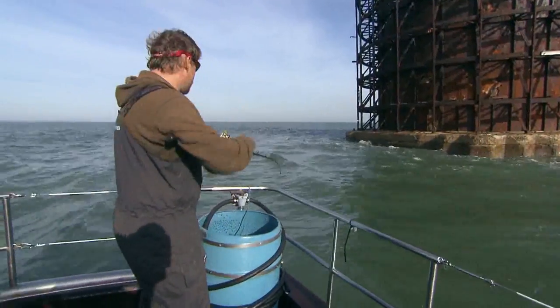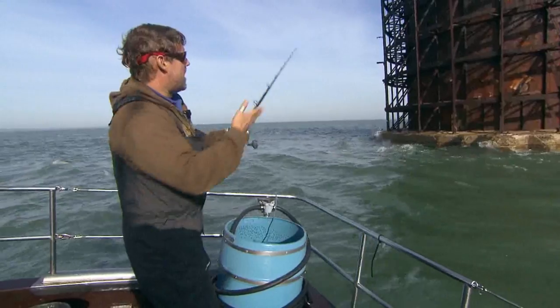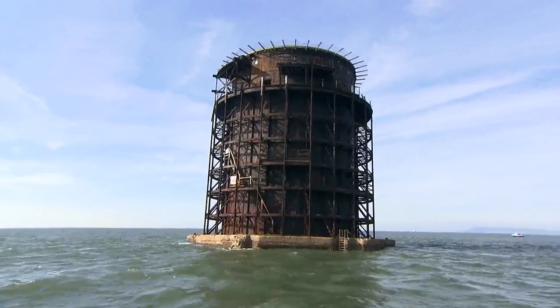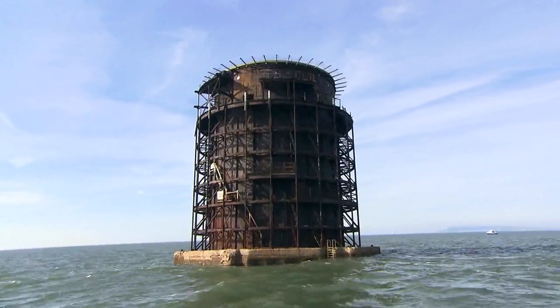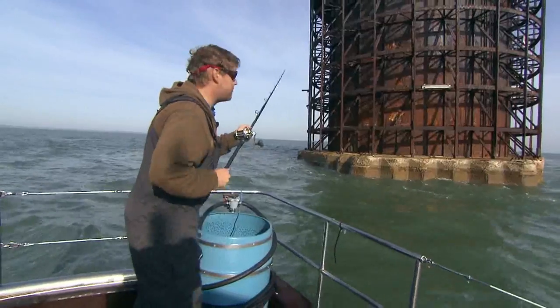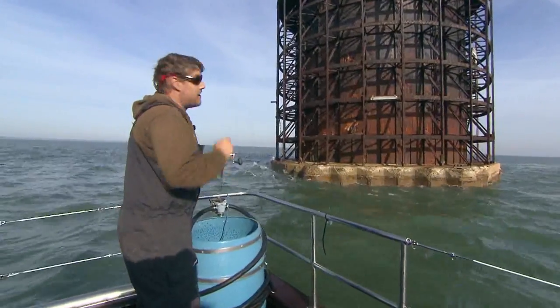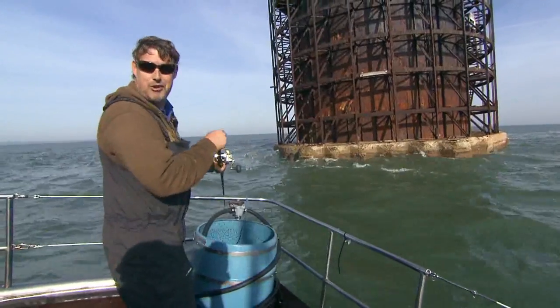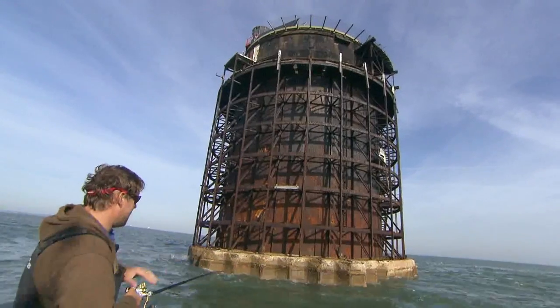Well, we pushed on out a bit further, still trying to catch mackerel and scad, and we've come to the Nab Tower. Now this is a real famous sea mark. I mean, anyone that reads the catch reports in the fishing mags, you often see big cod caught south of the Nab Tower, and in the summer it's big tope, smooth hound caught south of the Nab Tower, and this is the Nab Tower. You can see it's absolutely massive, and of course you get a tidal rip round the back of this thing,